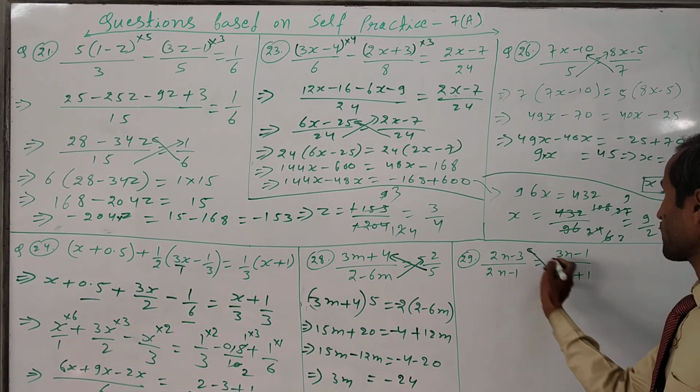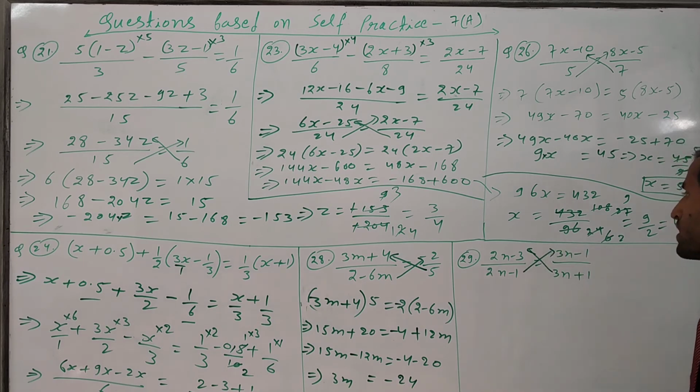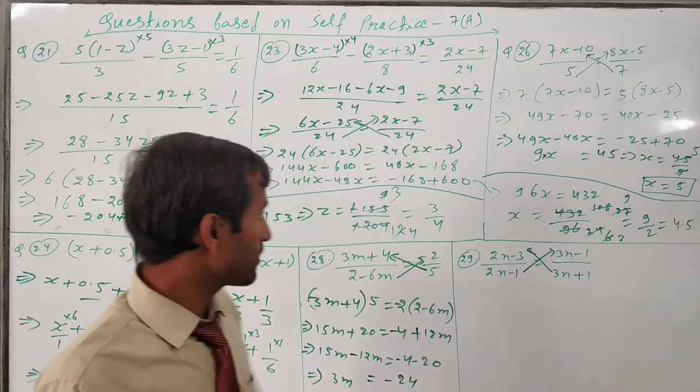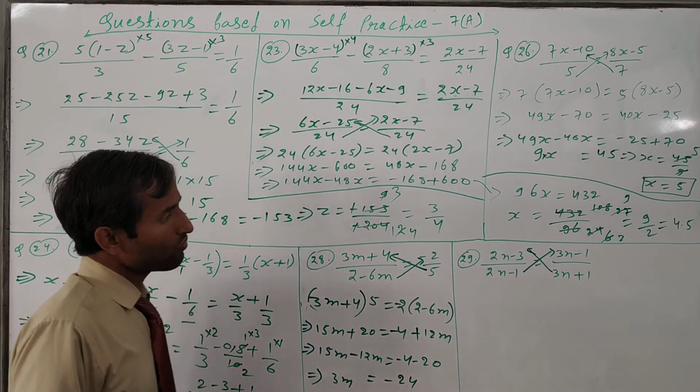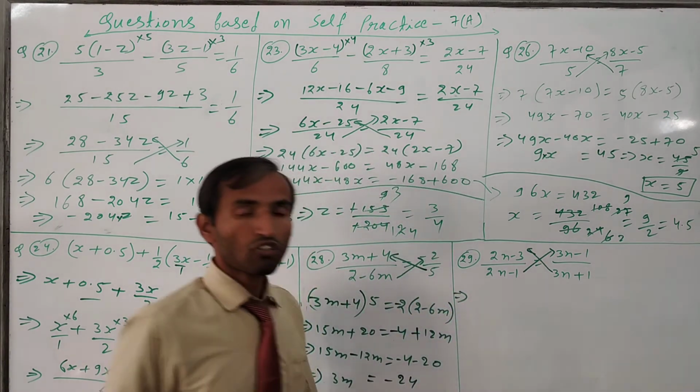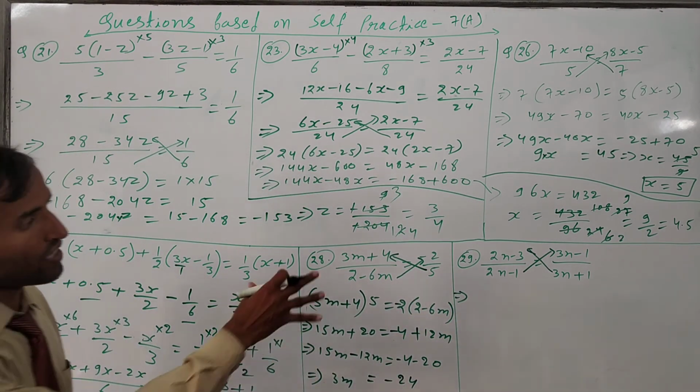Okay, now question number 29. Just see here. Again we have to do a cross multiply directly here. But in this, this side also a variable is there, that side also a variable is there. For that, be careful during multiplication. How we do algebra, binomial to binomial multiplication, same process we have to do here also.